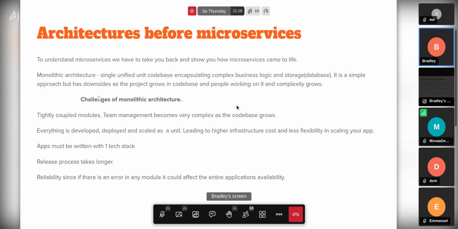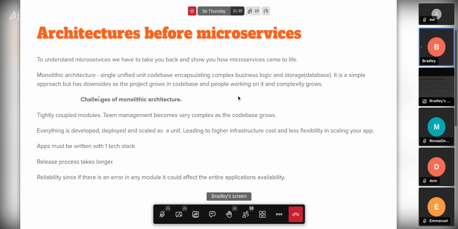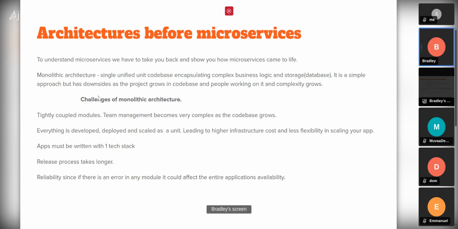It's really painful to handle such a project, especially in a team of, let's say, 80 to 100 developers working on the same project. You have to start giving people really strict rules to manage around. Microservices came to solve this, and these were the challenges in the monolithic architecture.